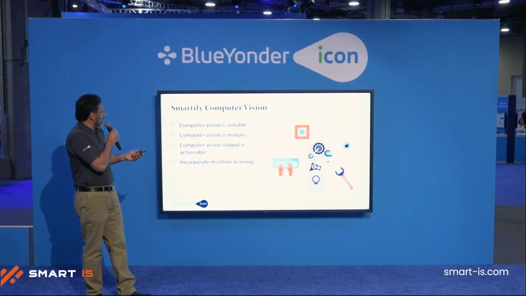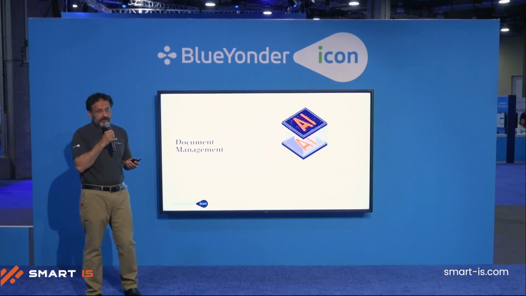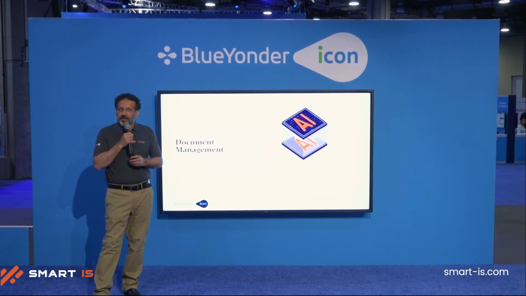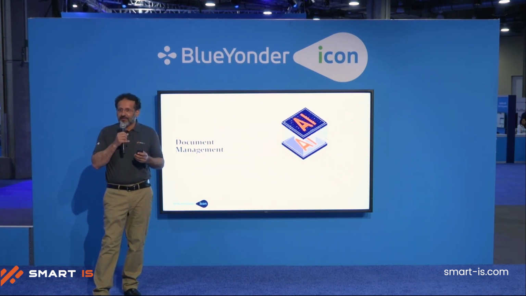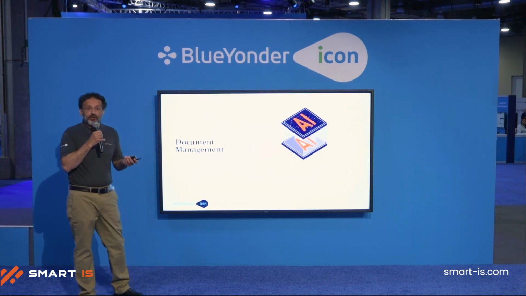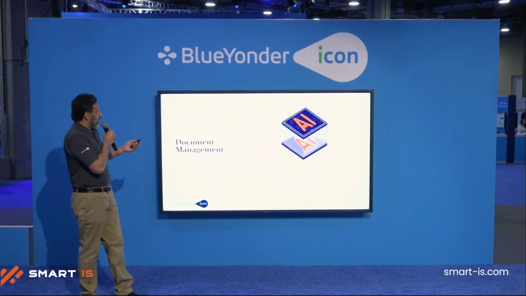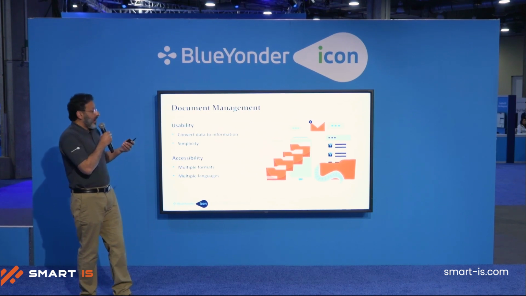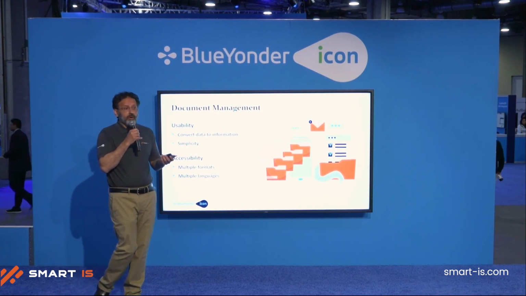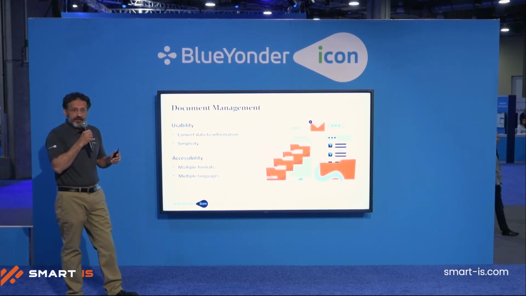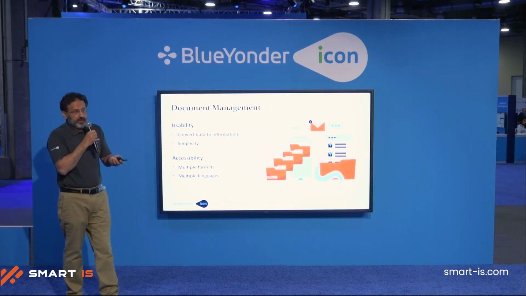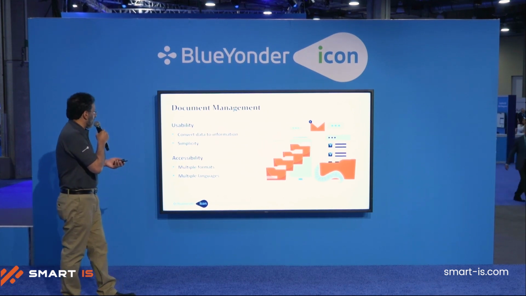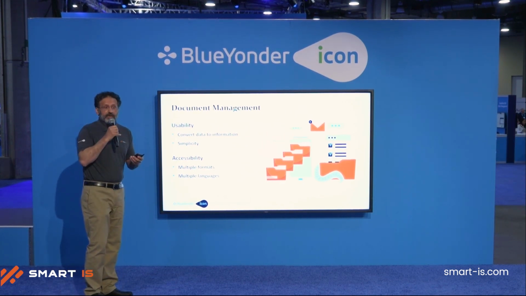A second thing which I want to go over is document management. We have all written those documents, but when it comes time to use them, they are hard to find, or there is not enough information there to make them usable, right? So this is something which we were quite surprised to see how good today's technology is with respect to document management. So we pretty much upload the documents, and it is able to figure out quite accurately